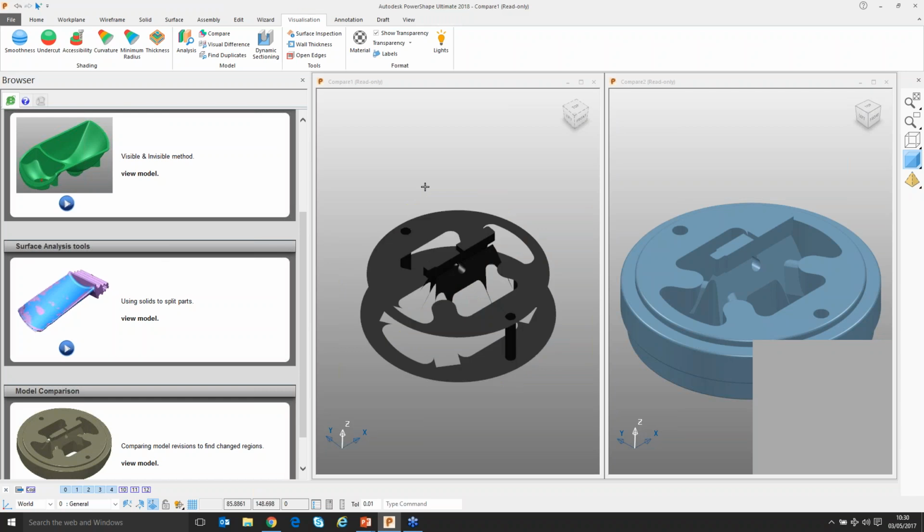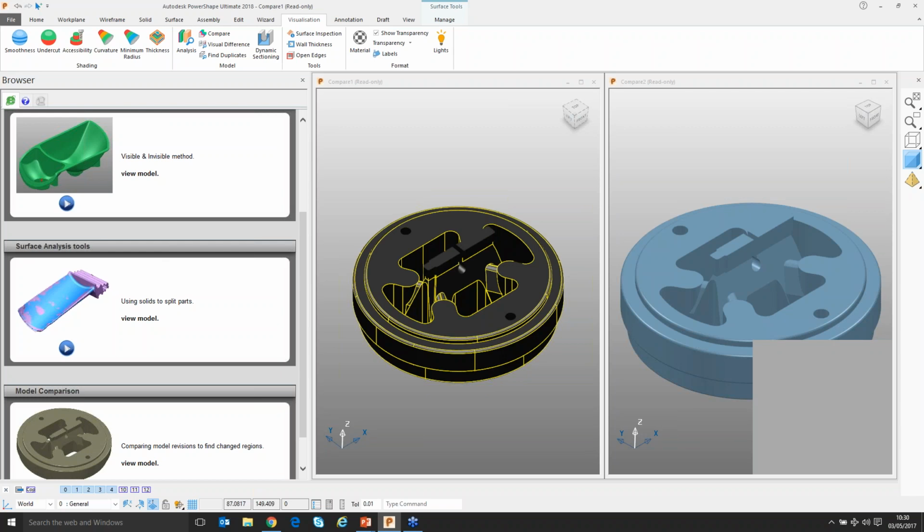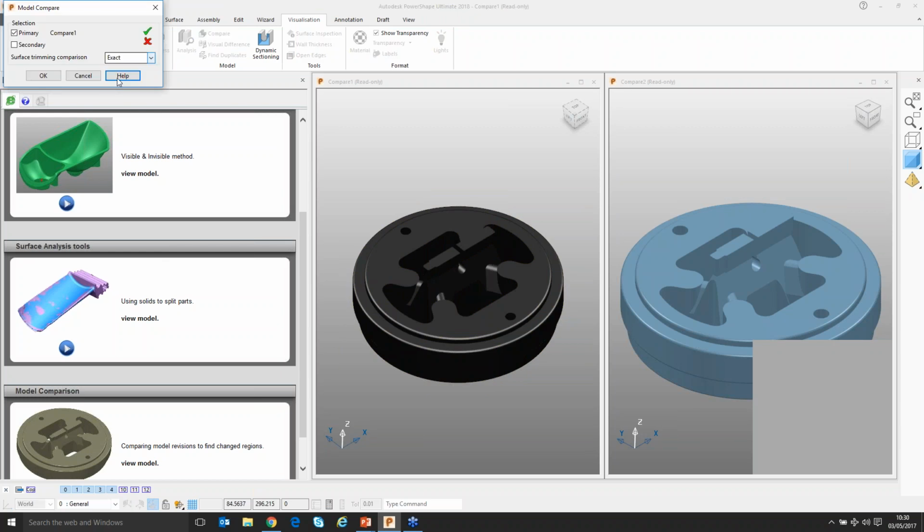Okay, so let's undo that again, unblank. Let's try that once more. This time I'm going to go for boundaries and p-curves or none. To save time, I'll just go straight to none, and I'll compare the primary side, which is compare 1, to the secondary side, which is compare 2. Now when I compare these,